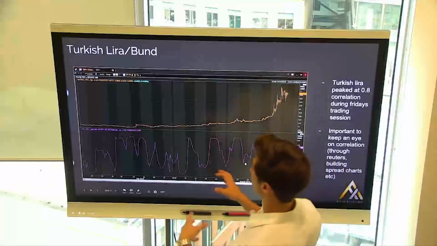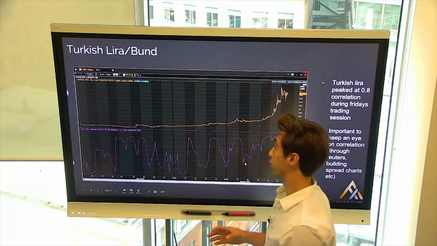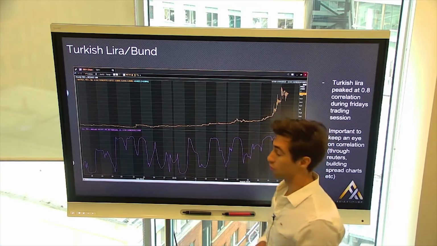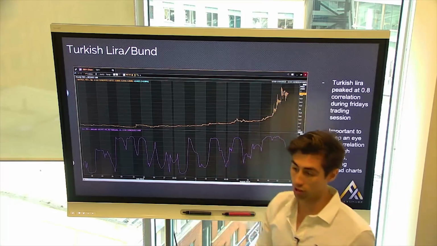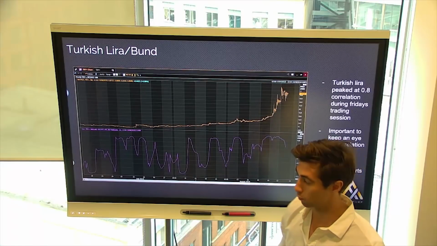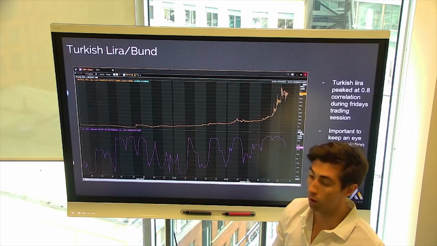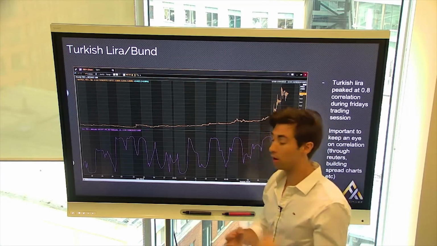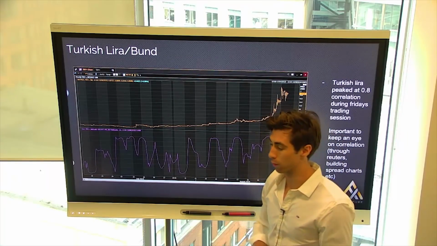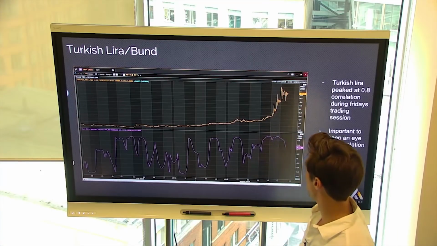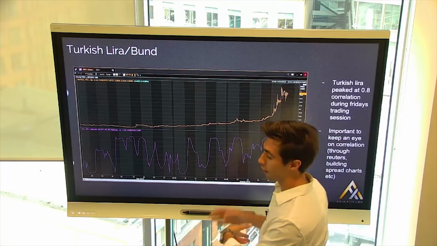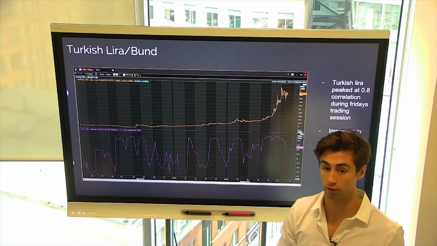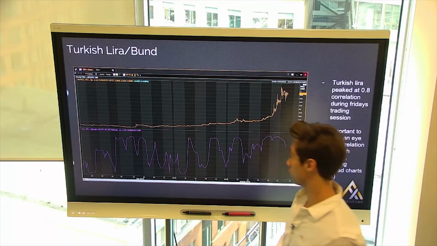So this is the current correlation chart between the Turkish Lira and the Bund. The reason I brought this up is it's not actually the trade we're going to be looking at today. What we're going to be looking at is a trade from a week ago, or another example of the Bund BTP spread blowing out. But this is just to give you an idea of how these correlations, which is the theme of today's presentation,